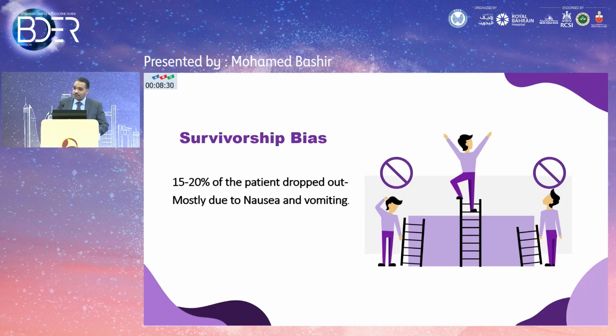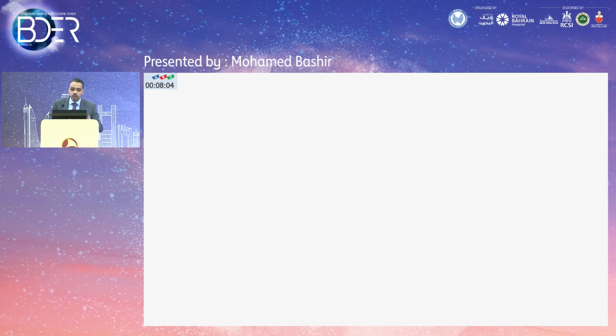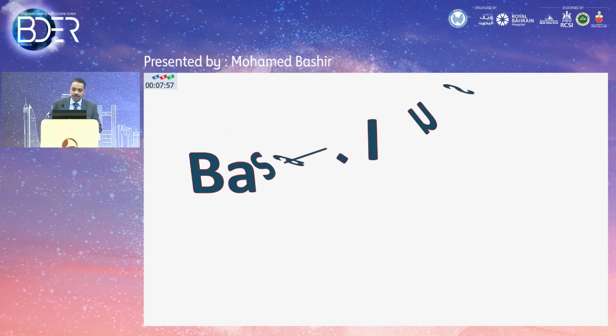I think we're looking at a survivorship bias, though, with all these numbers, because those are the patients who continue to take the medications. About 15 to 20% of those patients stopped, more with exenatide than less. So the nausea and vomiting at the start is much higher than what was reported. So the recommendations are, you can use this agent, you don't need to do any adjustment, but you need to start them 2 to 4 weeks before Ramadan. And here I beg to disagree, based on the data that I can show you, that you need to start them way ahead because the nausea and vomiting is going to hit them while titrating them during Ramadan.